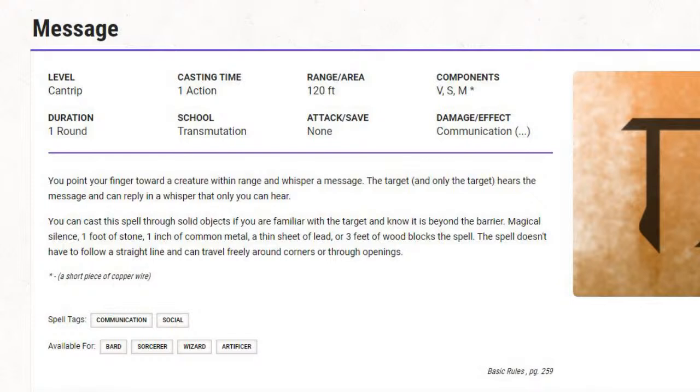If you have the scout moving forward and having to go back to the main group and communicate, that can be a problem. And also too, if you have a wily dungeon master, they are going to be keeping an eye on how you conduct your conversations at the table between your player characters. So I would still say Message.